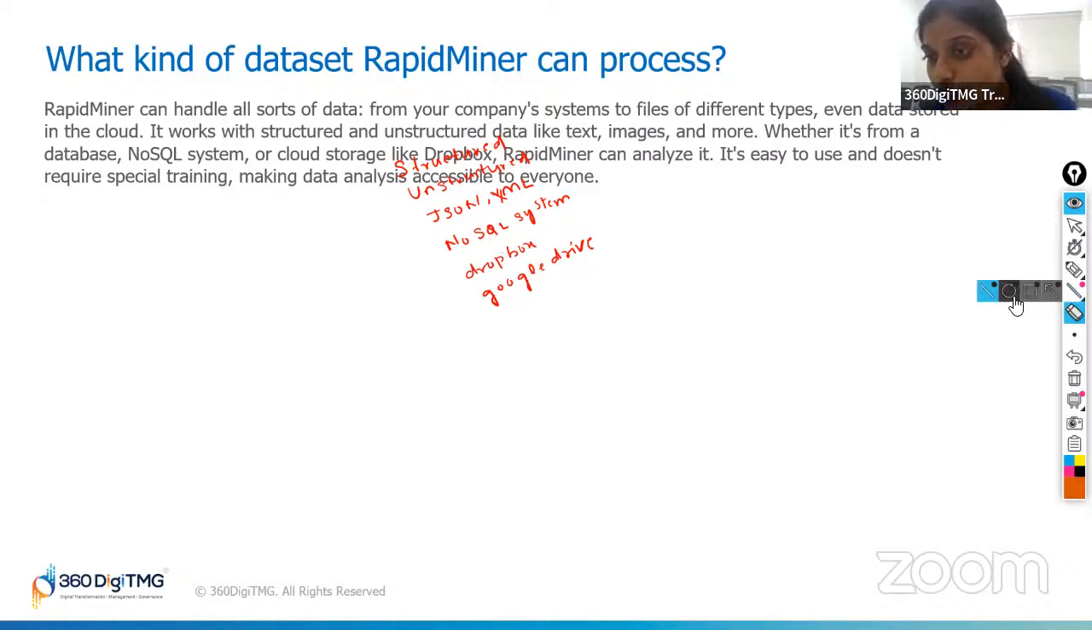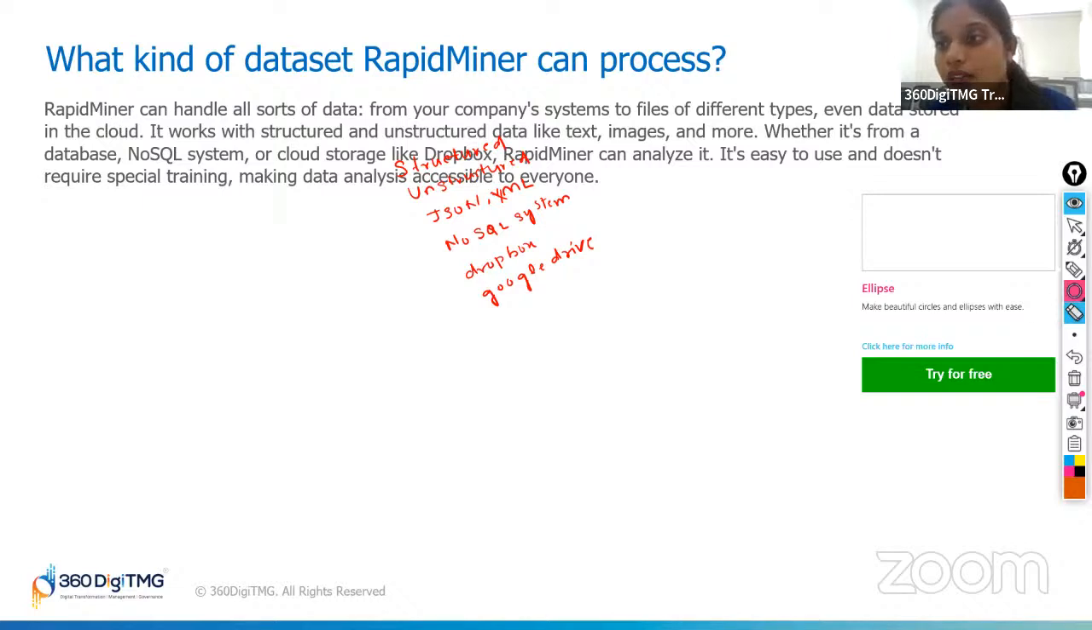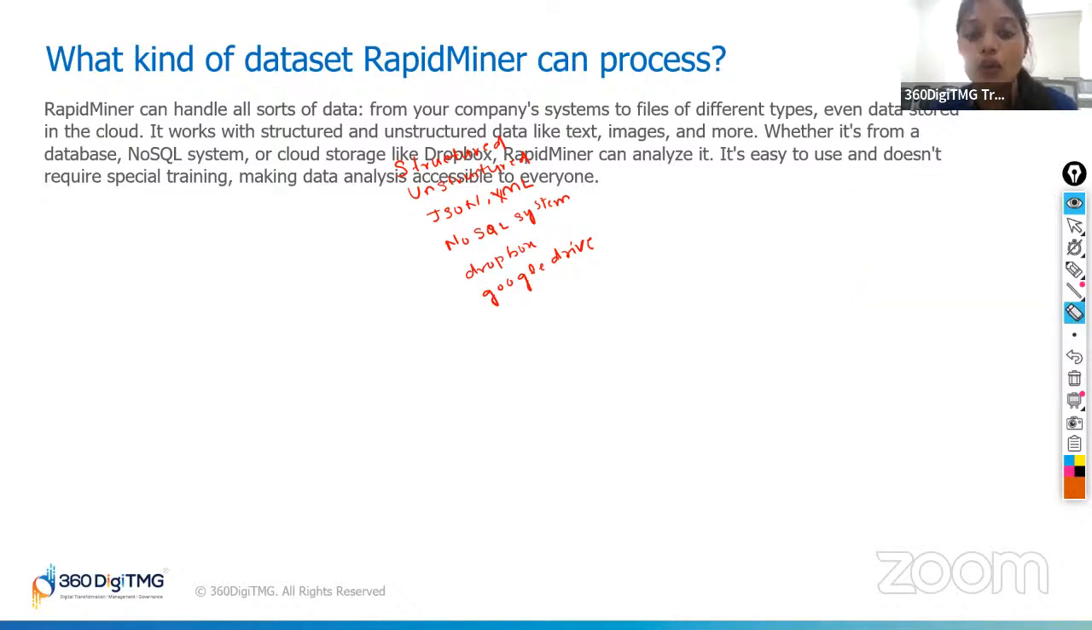So what is this that we are talking about? RapidMiner can handle all sorts of data. Like what? Structured data, unstructured data. So we can handle all sorts of data like structured data, which is the files in table format, and unstructured